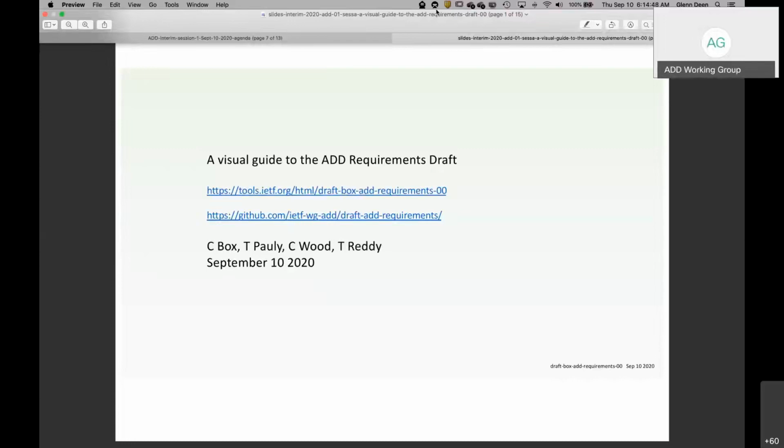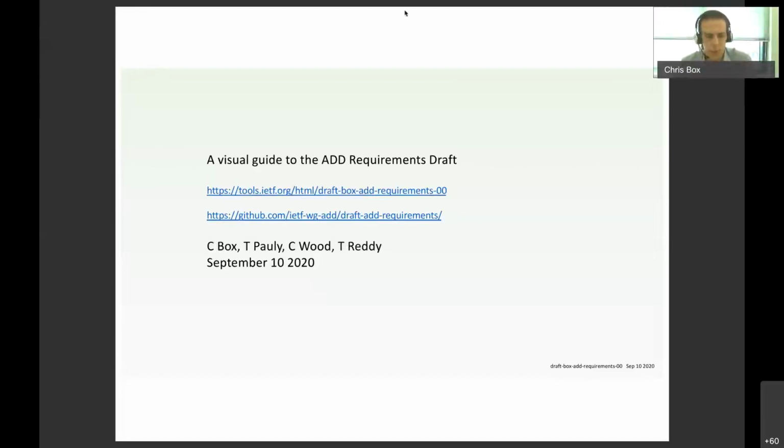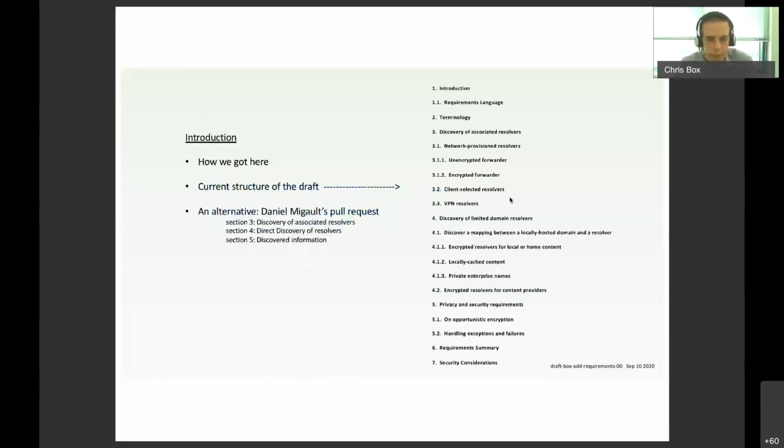Yeah, so as has been said, the idea of this slide deck is just to give you a visual overview of what the draft says. Hopefully it'll be helpful. If we go to the next slide, I have to wait for that to go to LA and then come back again. So yeah, as Glenn was saying, this